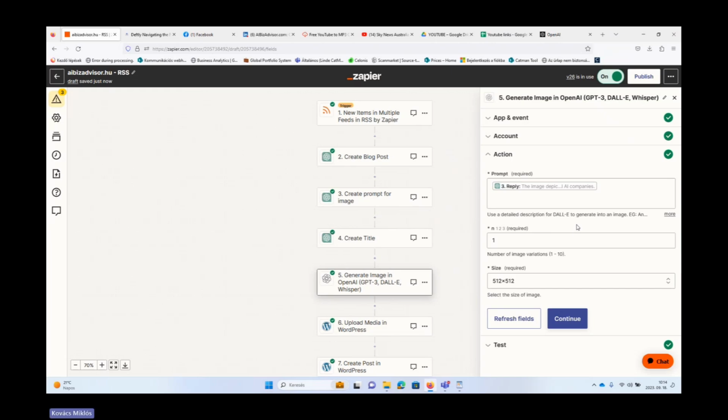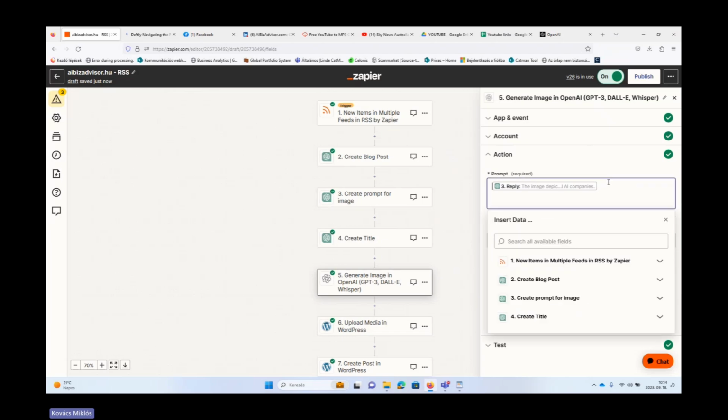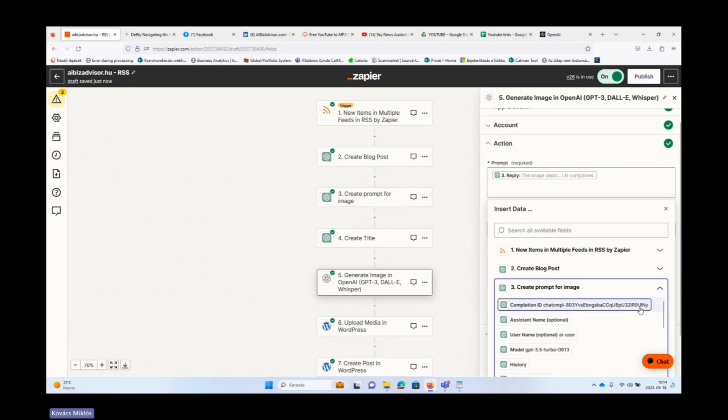And you know, to generate an image, DALL-E will need a prompt. And if you remember, we already generated this prompt. So in step 3, we asked ChatGPT to generate it for us. So all you will need here is to come to step 4, right?